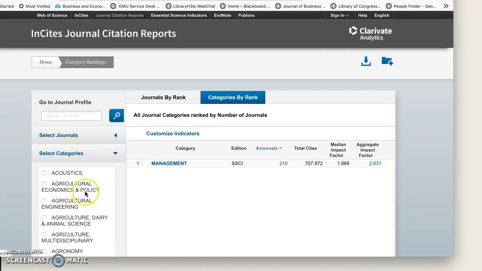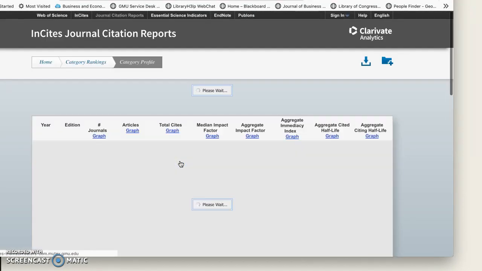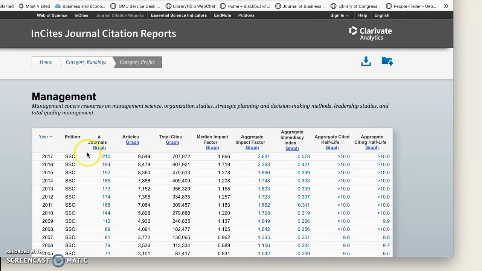And categories, and this is where you can find management. You could also find business, any of the other business disciplines as well. And ranking, listing by year, they'll show you the number of journals that are ranked. There are 210 that come under management. Once you click on it,